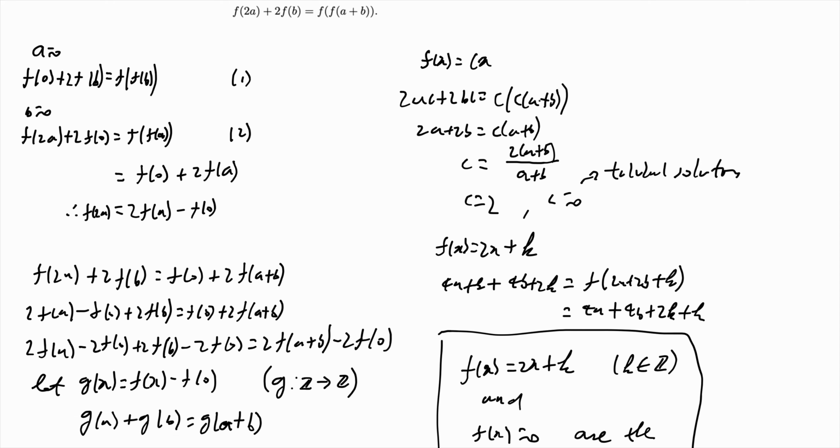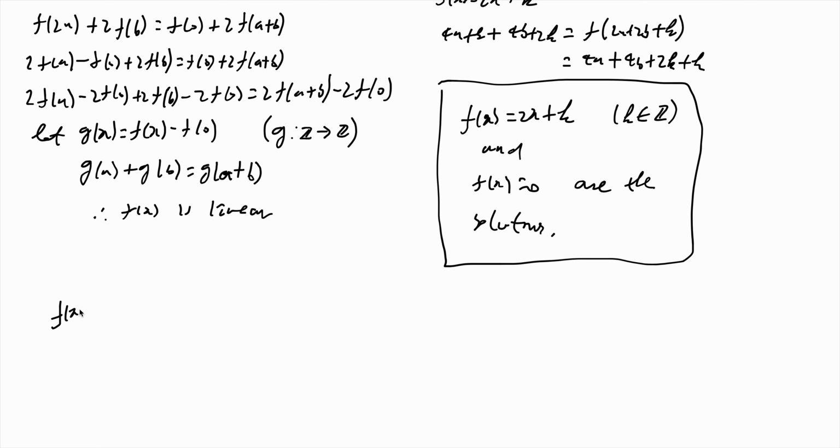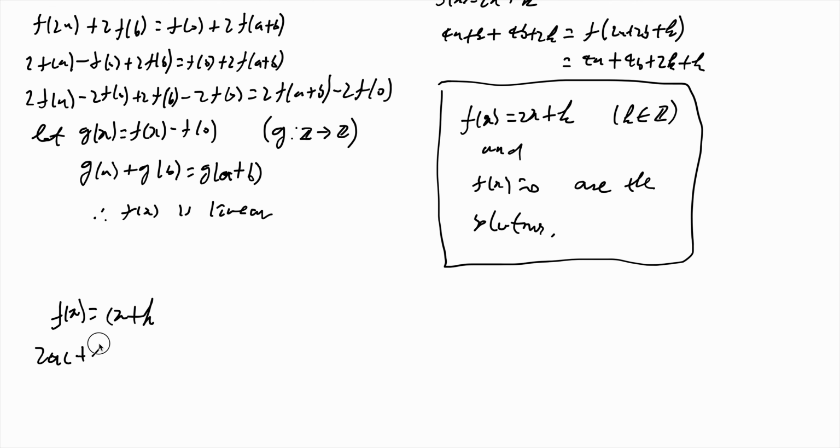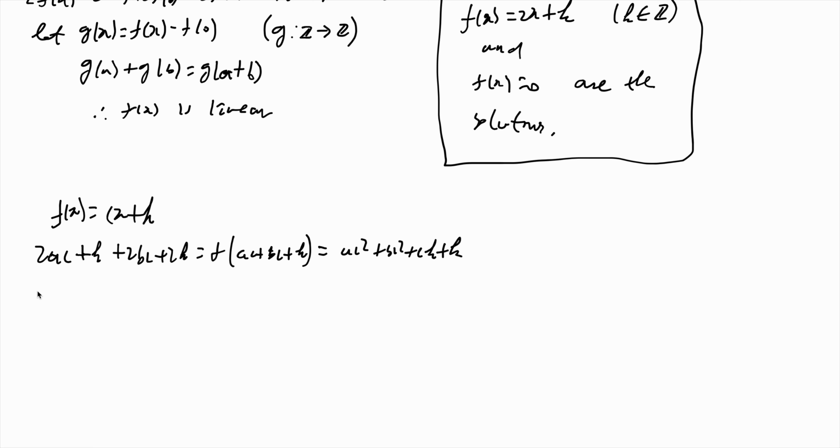But for those who are skeptical, because this is what I actually did first, I just substituted this one. So I have 2ac plus 2bc plus 2k equals f(ac plus b). So ac plus bc plus k, this is equal to ac squared plus bc squared plus ck plus k. So I just grouped them, so we get